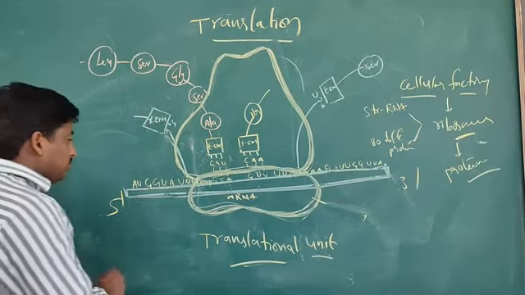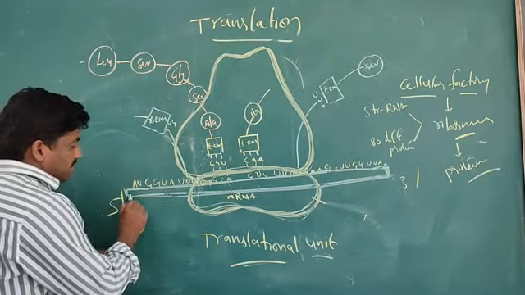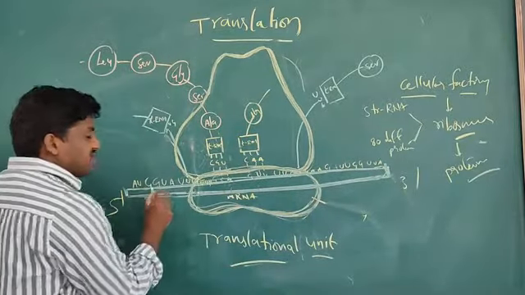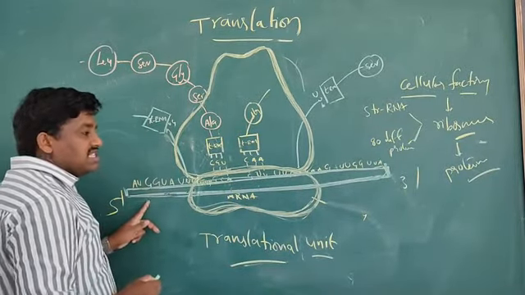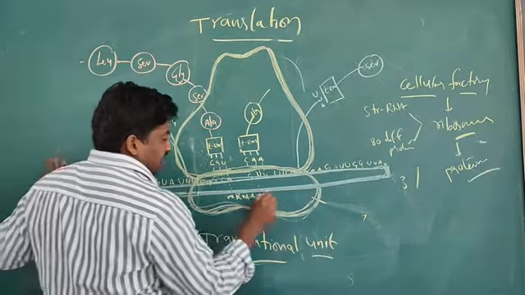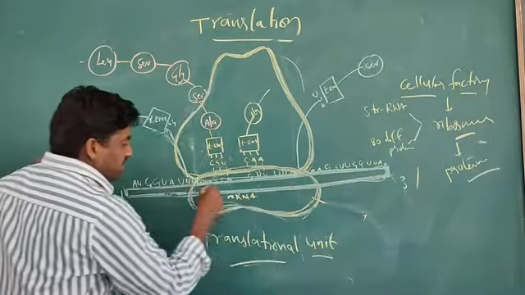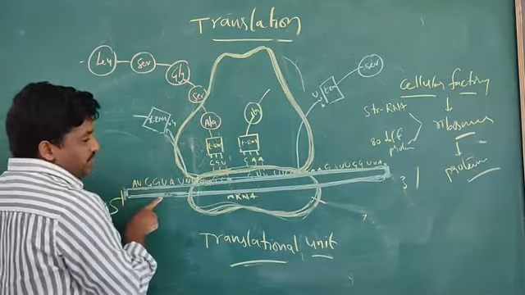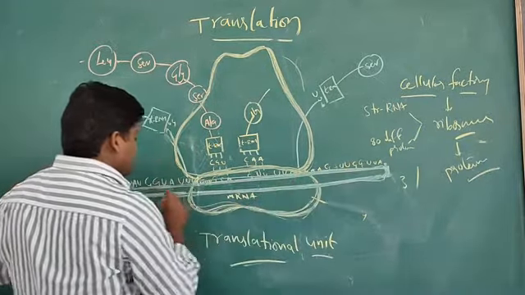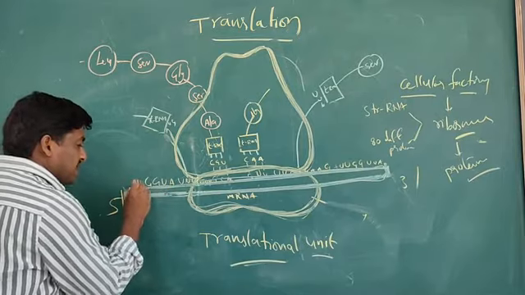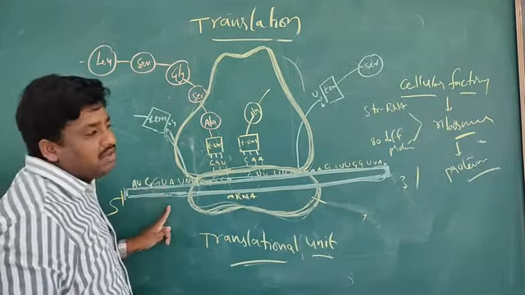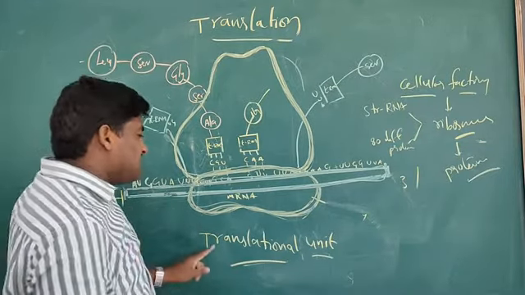Next, this is the mRNA. In the mRNA, this is the sequence of RNA, one of the types of RNA. It has a nitrogen base sequence. This mRNA has the starting codon, AUG. Here is the starting codon. Next, in the translation unit,